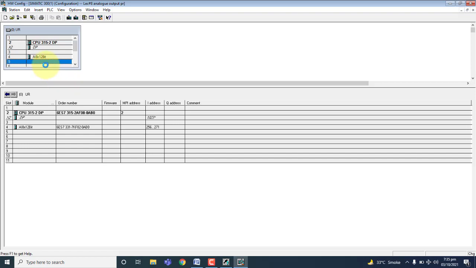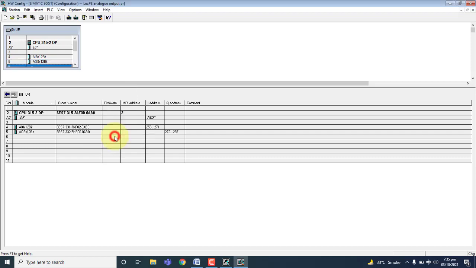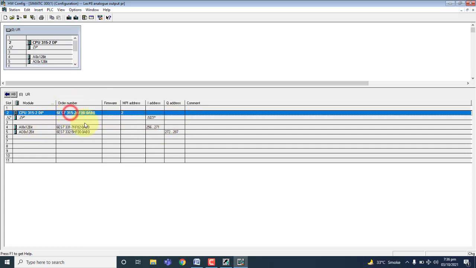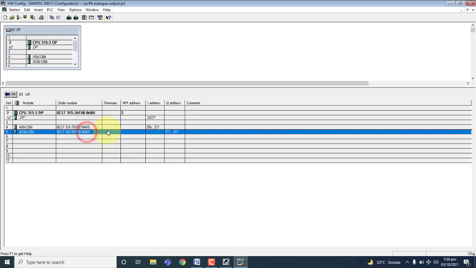It's taking some time. SIMATIC 300, SM300, AO is the analog output module, and we will add AO8, 8 channel. Okay, you can see here, this is our CPU, this is our analog input module, and this one is the analog output module.